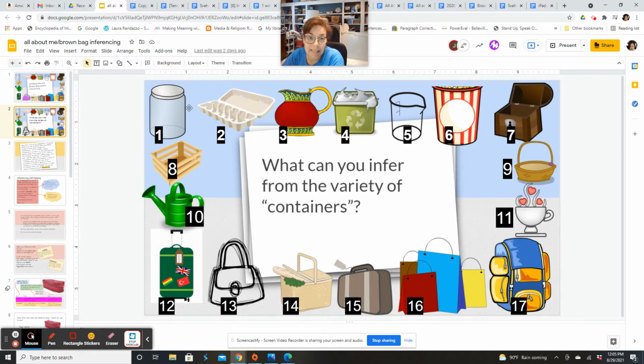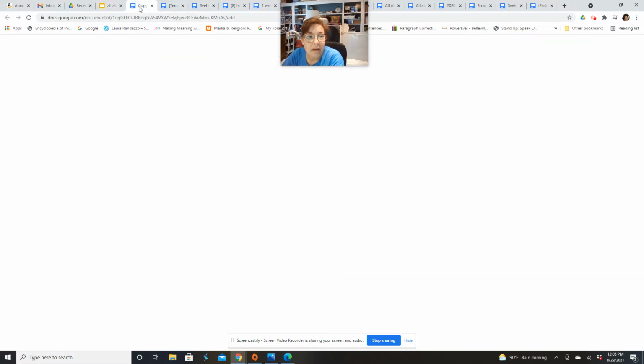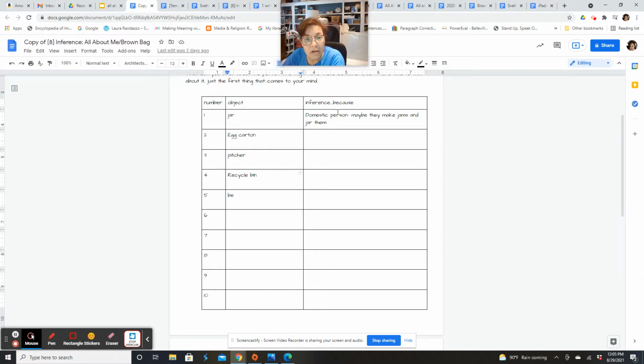You're literally telling us what it is. So a big beaker or a mixing cup, trunk, shopping bags, etc. So you're literally writing down what they are on that worksheet. Okay. So the next thing you're going to do is you're going to infer what you can tell about that